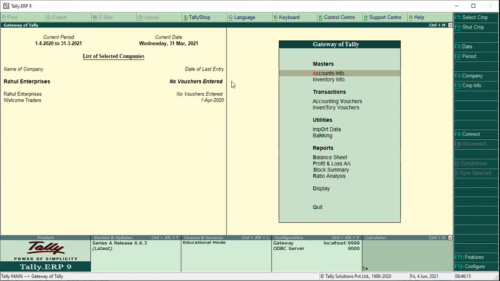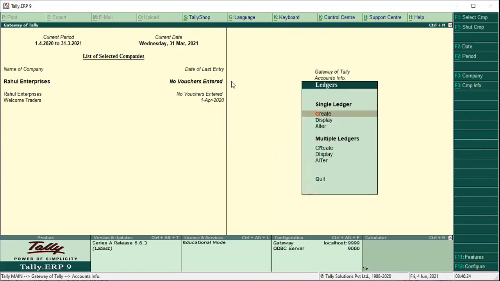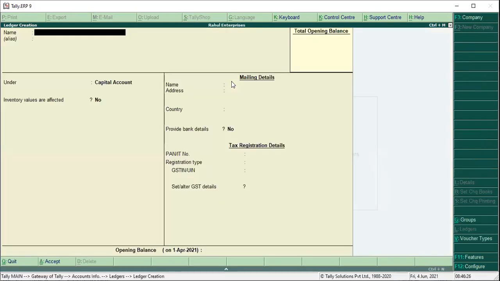So how to create a single ledger? Shortcut key from Gateway of Tally: ALC. First, you have to create the purchase ledger.